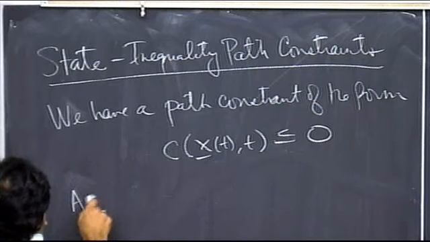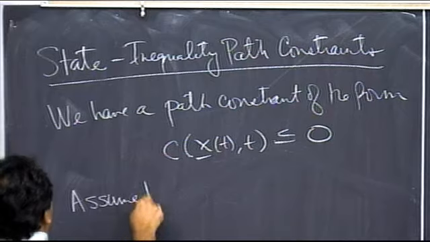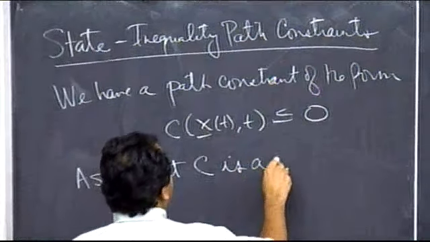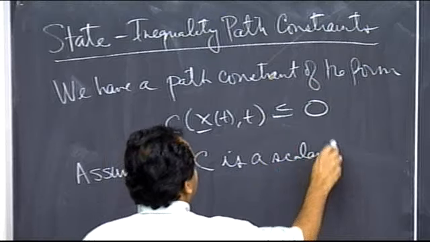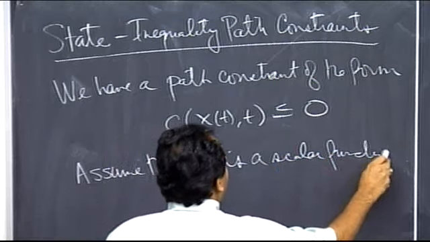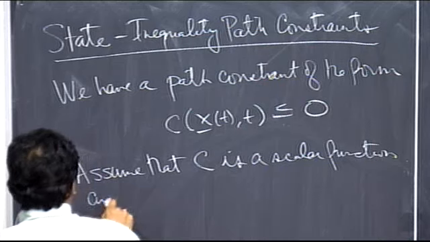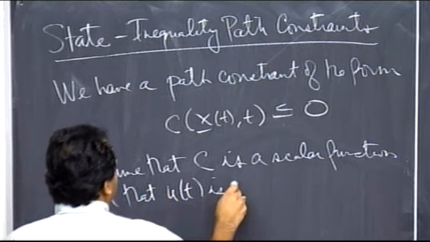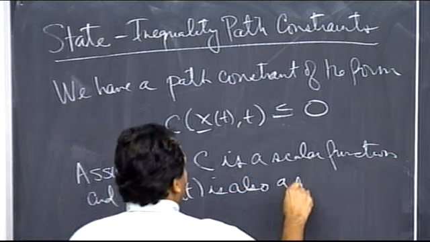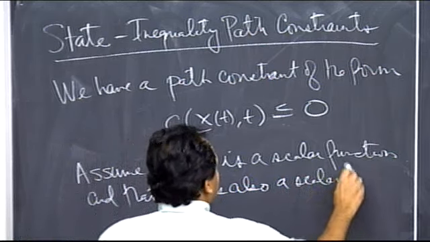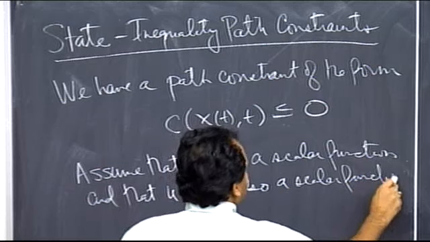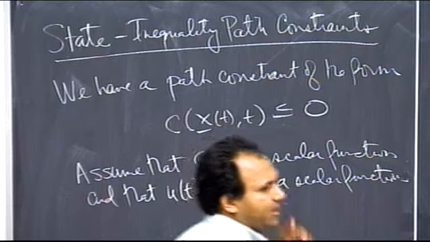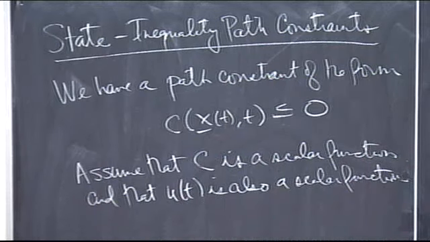So assume that C is a scalar function and that u of t is also a scalar function. Because if you have multiple controls, or multiple path constraints, you can repeat the process over again for those, so it doesn't